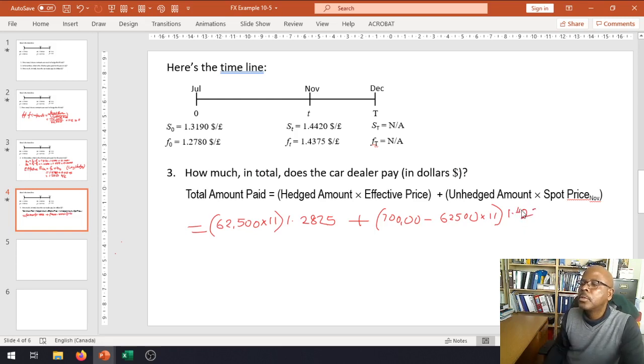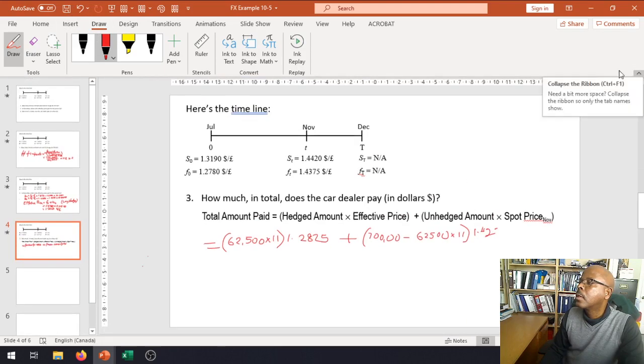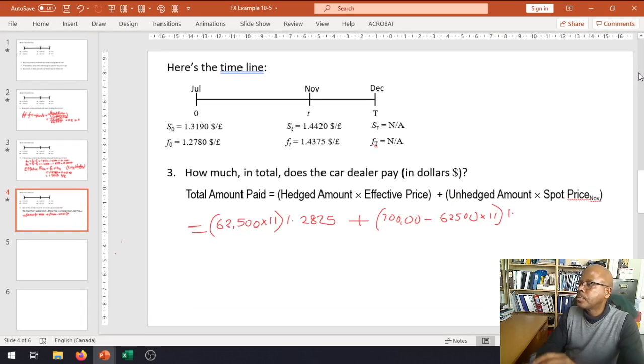Oh no, that's all wrong. So let's erase that. And let's see. Erase all of that there. Okay, here's our pen. And then